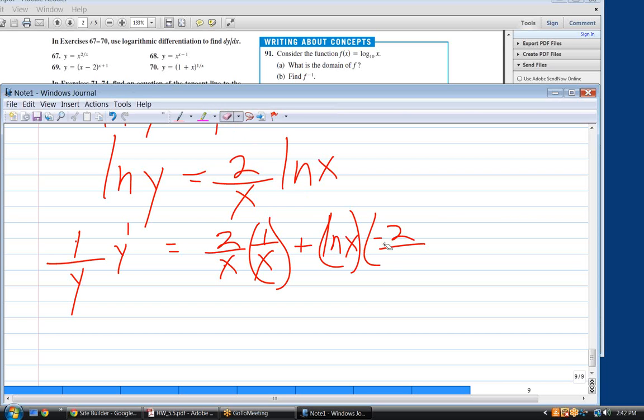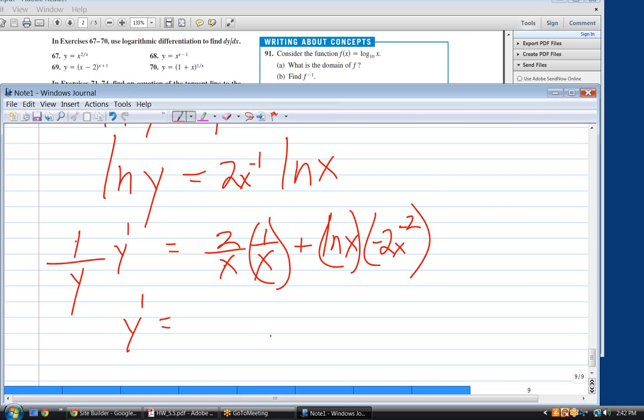over x squared. Yeah, let's first of all write this as 2x to the minus 1. Now it's not as easy to make a mistake. Okay, so it's minus 2 x to the minus 2. Okay. So what is that? That is now, so what is y prime? Y prime is then, we have to clear away the